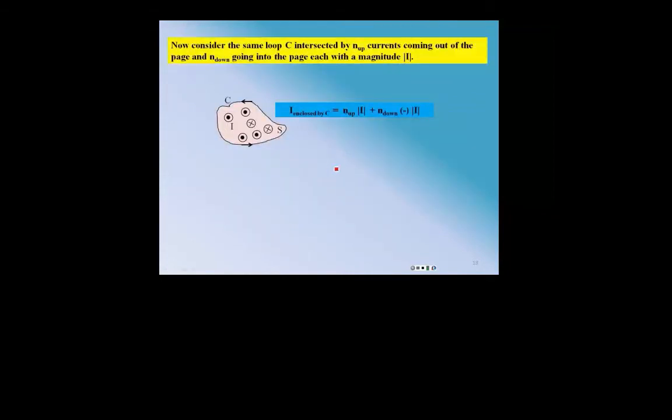If you have the loop enclosing several currents, let's suppose they all have the same magnitude, but some are flowing up and some are flowing down. Number going up is n up and the number down is n down. Then the I enclosed by C is equal to n up times I plus n down times minus I because of the difference in the direction of current. That will give you the case where you have both plus and minus types of currents of the same magnitude